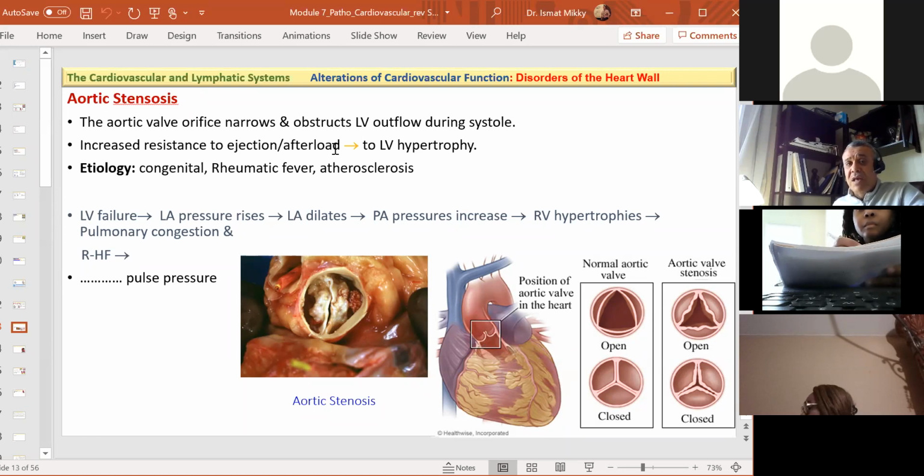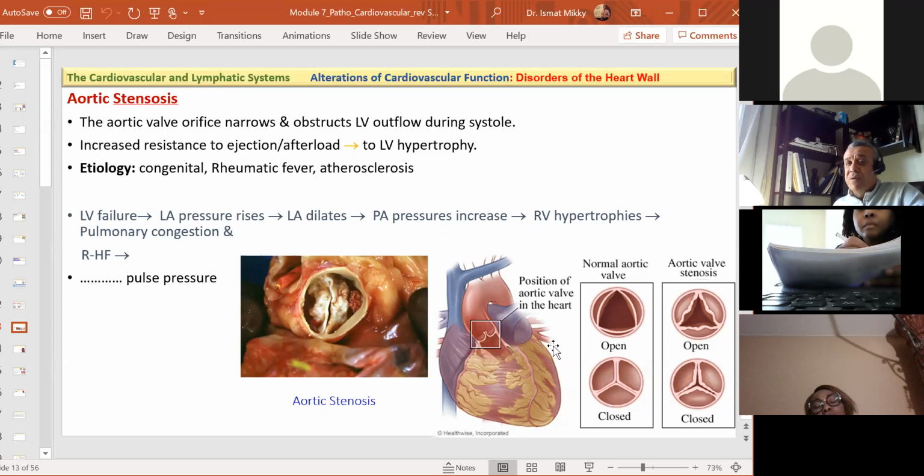That is what I said here: it obstructs the left ventricle outflow during the systole, which is the contraction of the left ventricle. And over time, as a long-term complication of aortic stenosis, that will result in